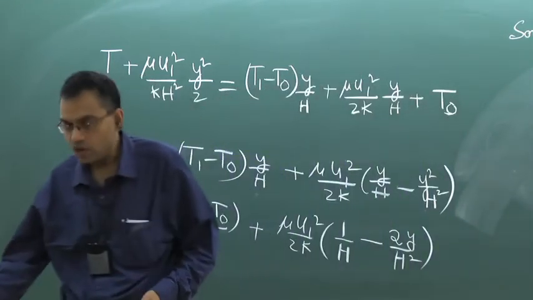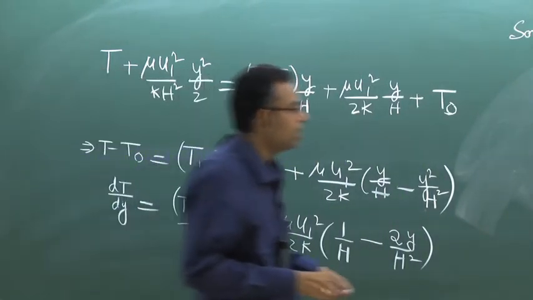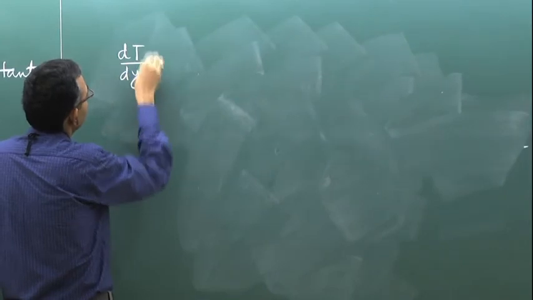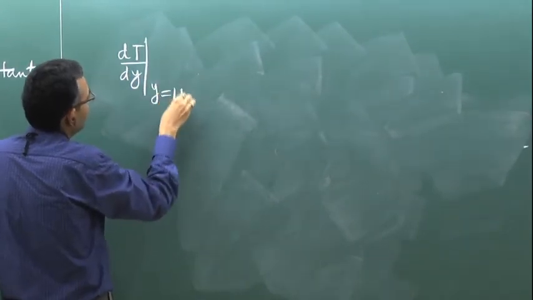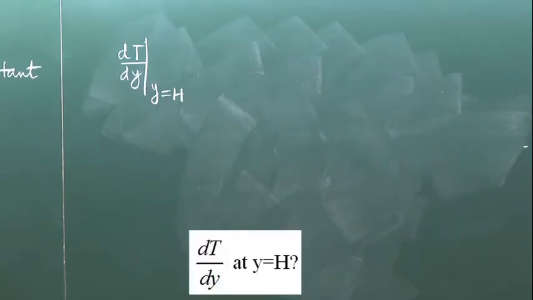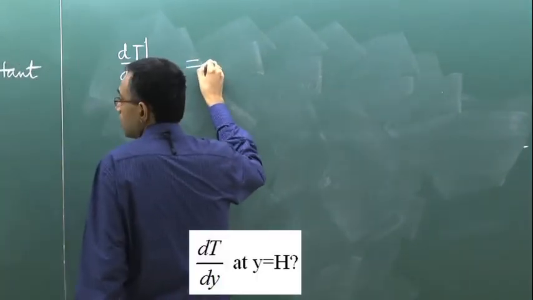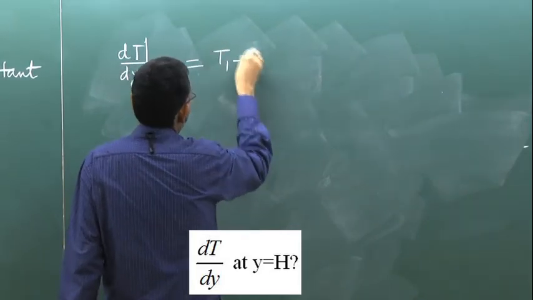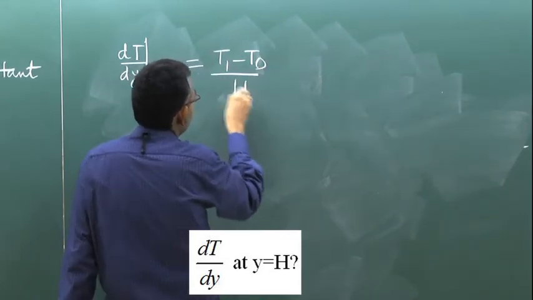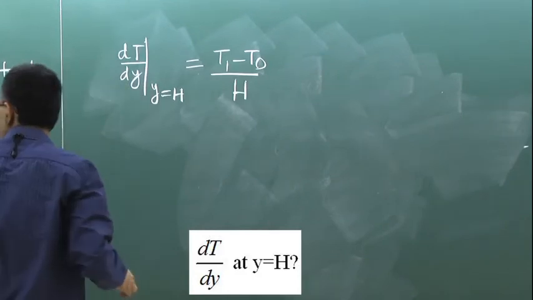So let us find out what is dT dy at the top wall, at y equal to H. First term is due to conduction and then